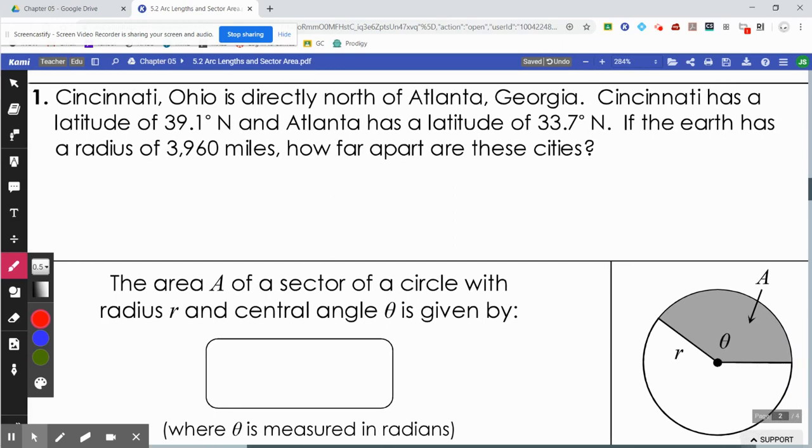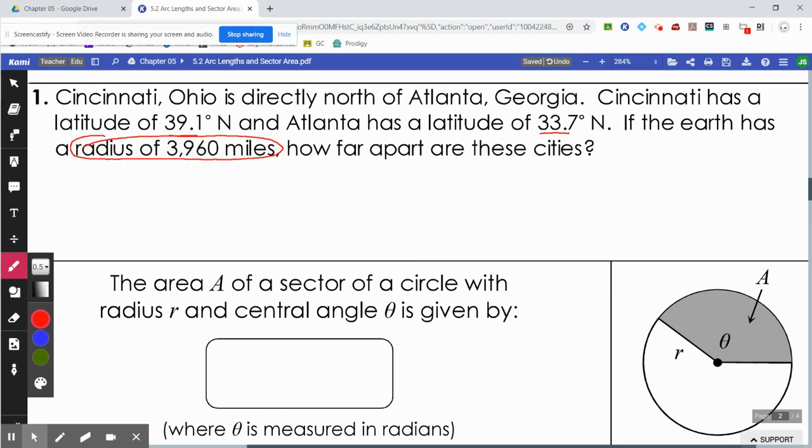Number 11, Cincinnati, Ohio is directly north of Atlanta, Georgia. Cincinnati has a latitude of 39.1 degrees north. Atlanta has a latitude of 33.7 degrees north. If the Earth has a radius of 3,960 miles, how far apart are the two cities? So this is a pretty interesting question. So we have here a radius,